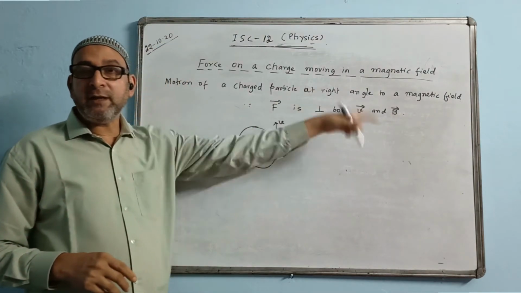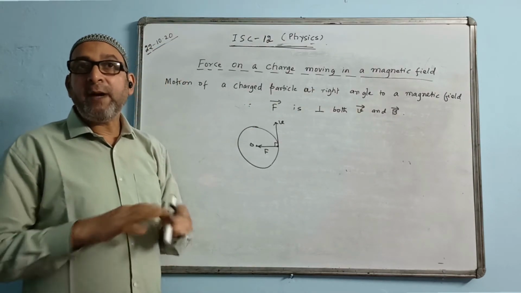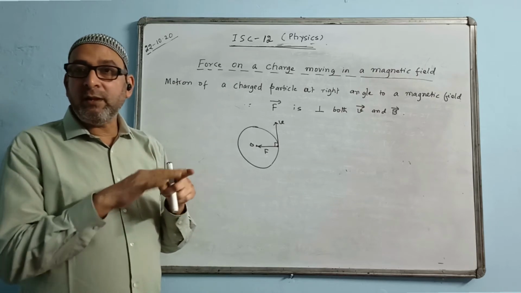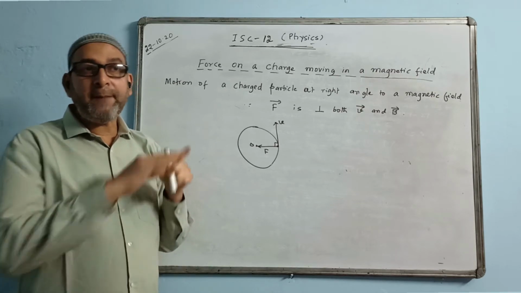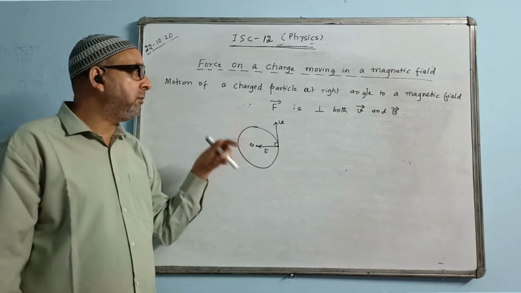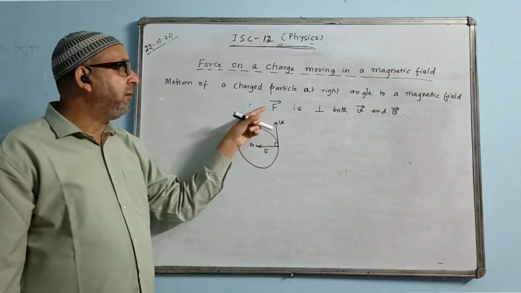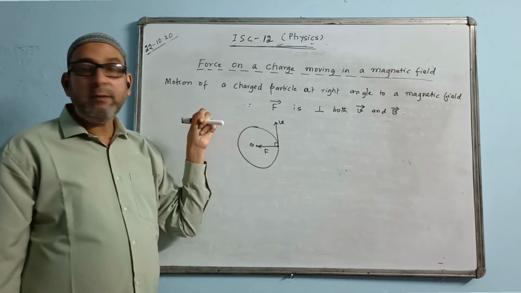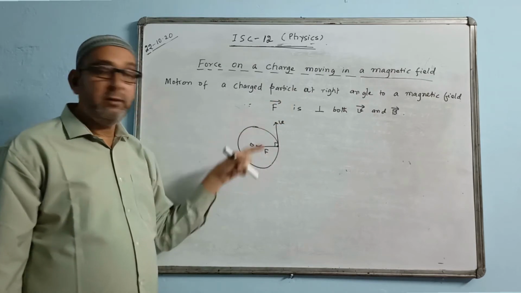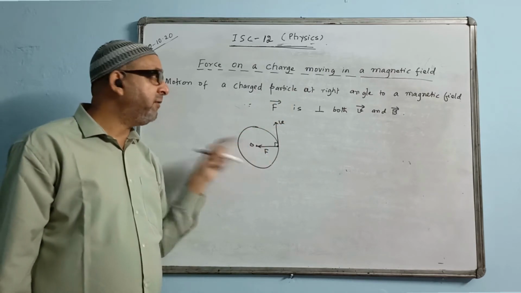F will be in the same direction as the electric field. So that's why the path becomes parabolic. There will be deviation, but the deviation will cause it to acquire a parabolic path. I will show you that later. But in that case, the path will be a parabola, but out here the path will be a circle. So this part you must learn very well.